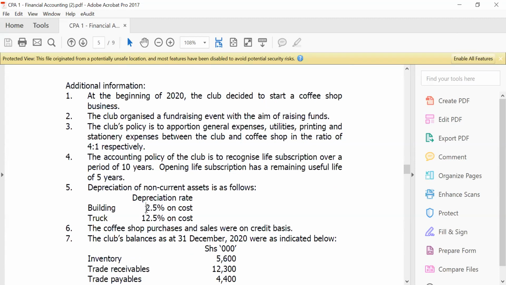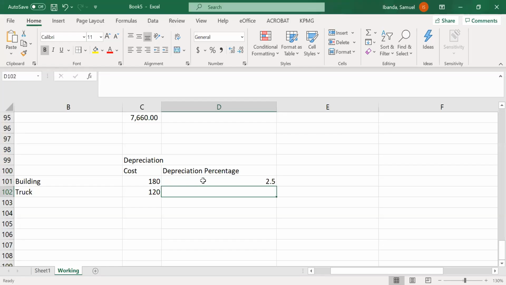We have 2.5 and 12.5. So these are recorded as